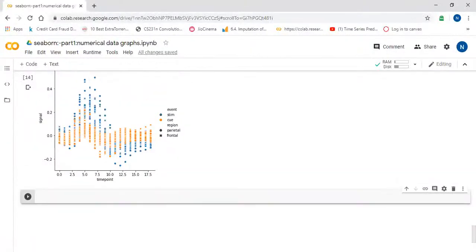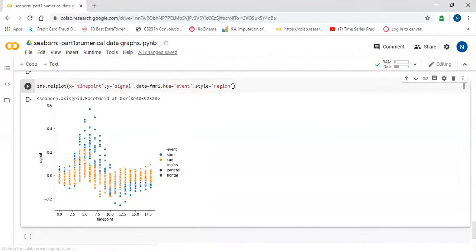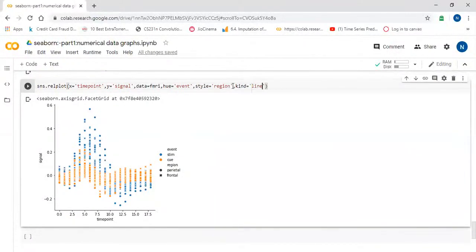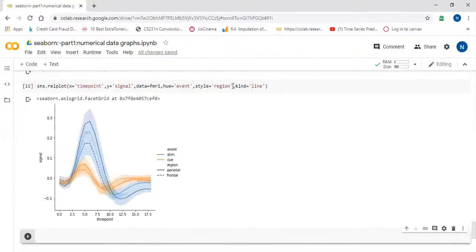Oh, I forgot to set the kind parameter, which is very important. It's equal to line. Okay. Now we can see that the data is divided based on the event, steam and CUE.